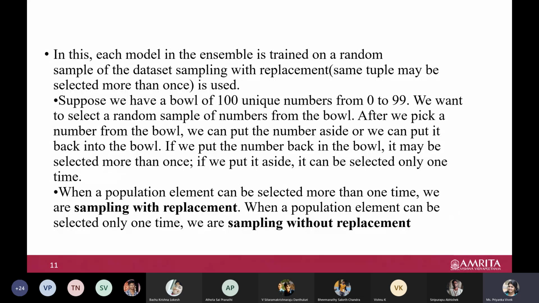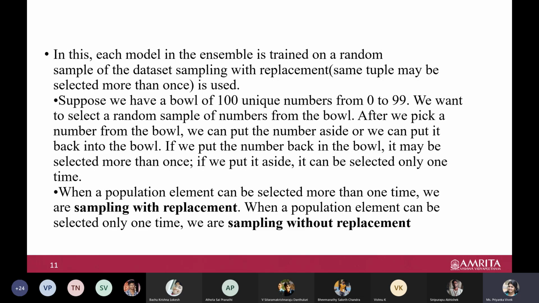After I pick a number, there are two options: I can keep it back or I can keep it aside. If I keep it back, then next time when I pick, it can be selected again. There is a chance that it will be selected again. But if I put it aside, of course, it will be selected only once, isn't it? So when we take a sample from a population for some training or testing step, and it can be selected more than once,